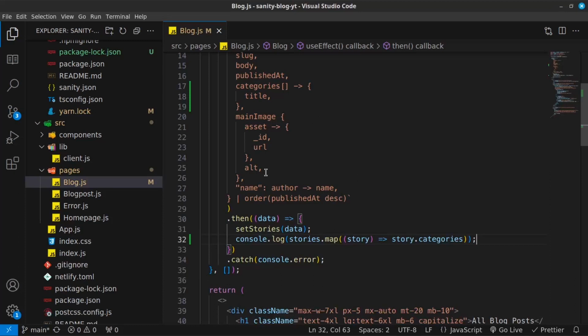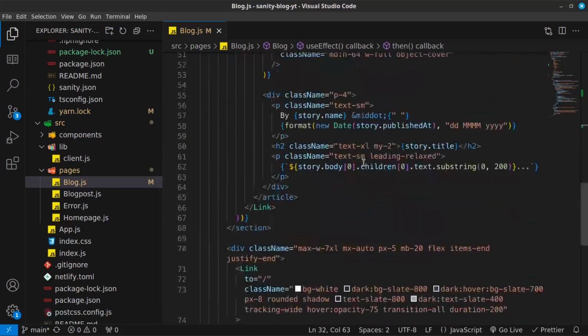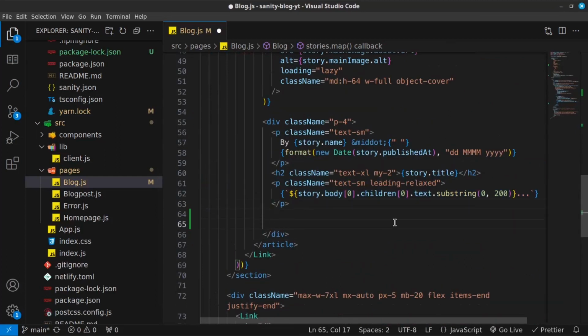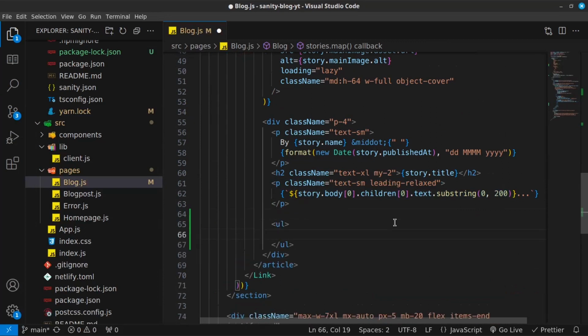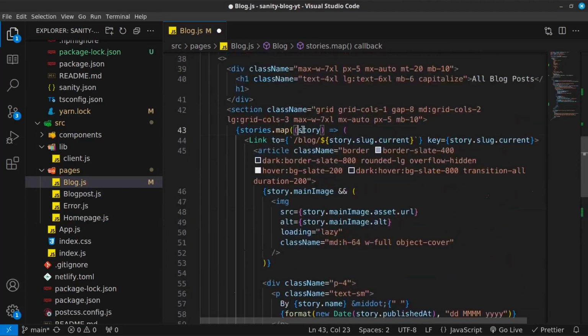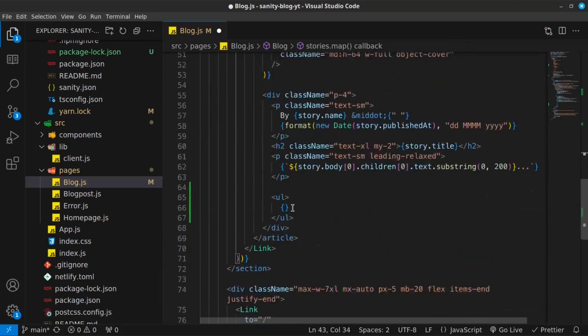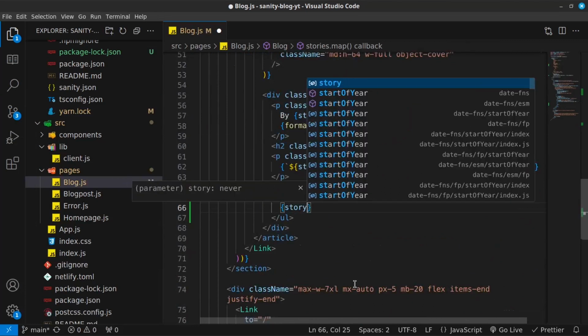We're going to go back inside Visual Studio Code, and right on the bottom, because I want to display it after the piece of text. So I'm going to go below this, and we know that it is an array, so I'm going to render it inside an unordered list. So I'm going to say UL, and then we know that we need to go inside this story, because story is the object, the main object that we get back when we are looping over every single story that we have, right? So I'm going to say story.map,